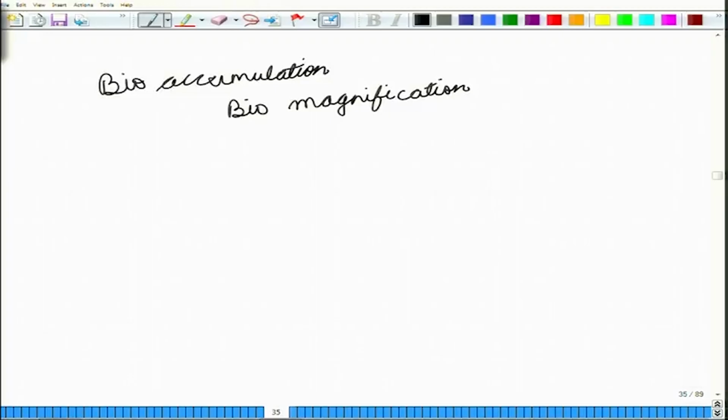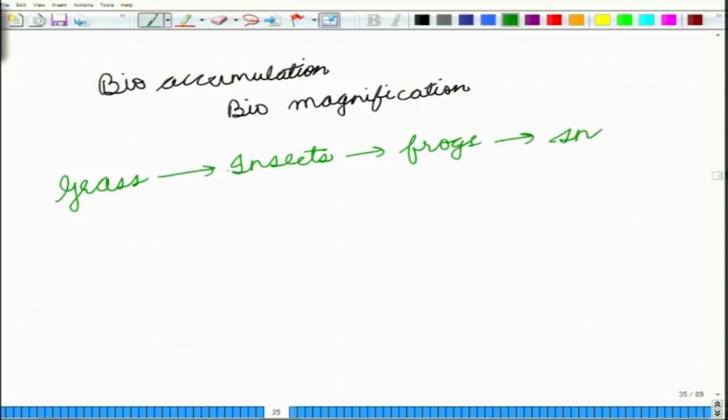So, we saw this in the case of our energetics classes, that if you have grass and on the grass you sprayed certain pesticides. So, grass is eaten by the insects, then these insects are eaten by some frogs, then these frogs are eaten by say some snakes, and then these snakes are say eaten up by eagles. Now, if there are certain chemicals which are there on the surface of the grass and the insects are eating those, so there would be some amount of lethality in these insects, but then there will also be some insects that have been exposed to these chemicals but are not yet dead.